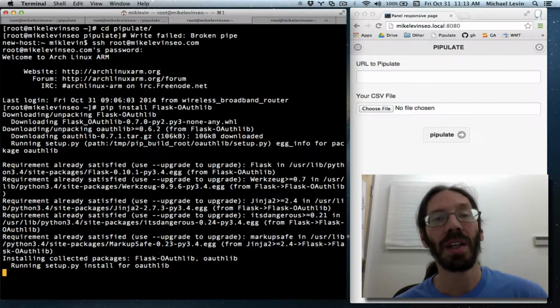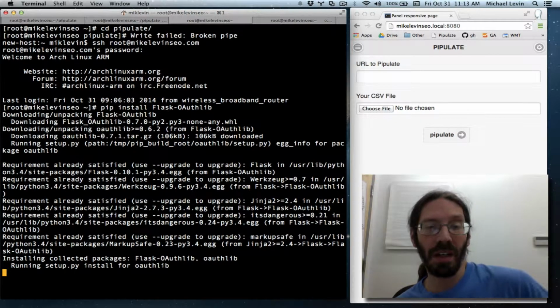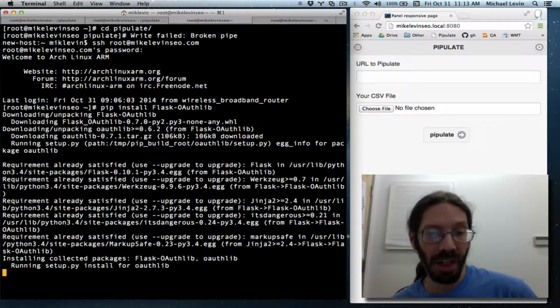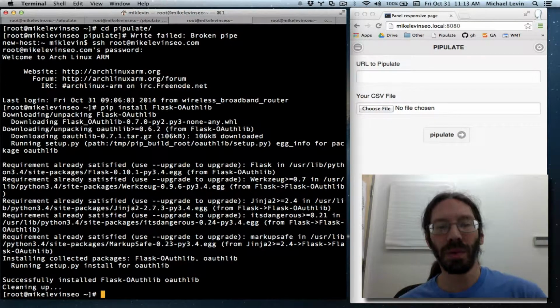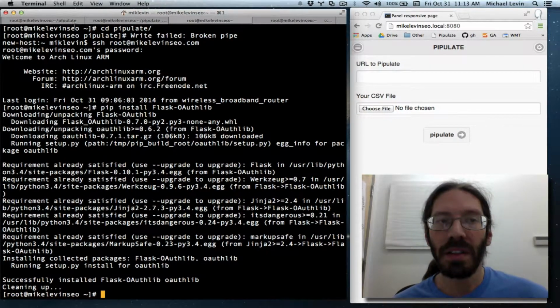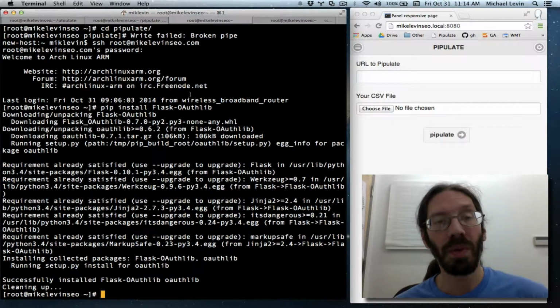OAuth2 is a complicated thing, and when you're trying to do something on a platform like Flask, on Python, on a Raspberry Pi, or any other Linux server, you're looking for support tools that are the perfect Venn diagram for you. Successfully installed. And so our next step is to pause while I pull up an example of an OAuth2 Flask